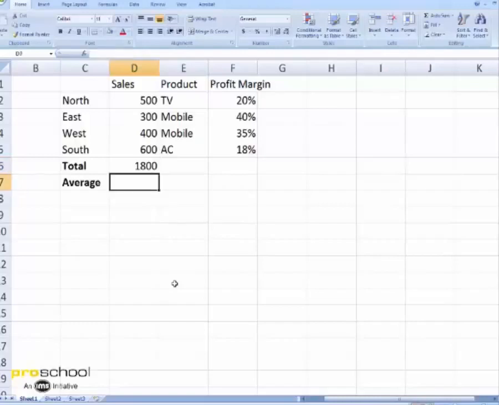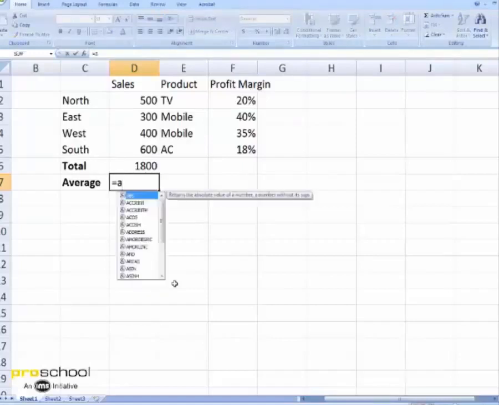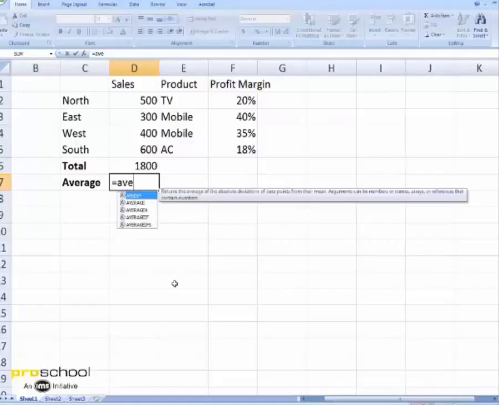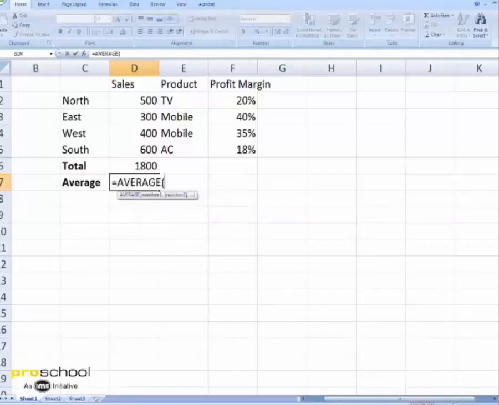For average, you can do it in a similar way. Just say equal to average. I type here. It's showing me all these functions. This is the function I'm interested in, the second one. I double click that. It types it out for me. Next, I select the range. I close the bracket.